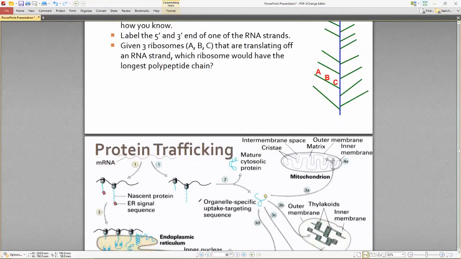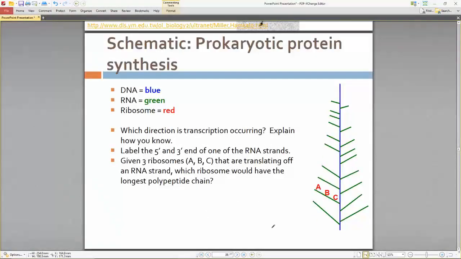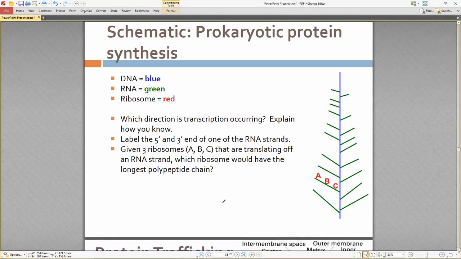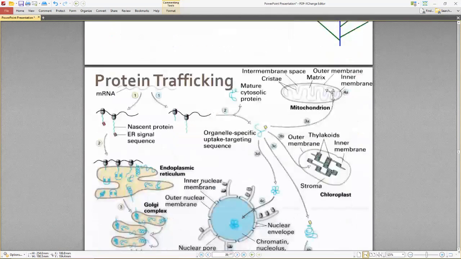Yeah. Cool. So basically, that's kind of it for translation. We've covered initiation, elongation, and termination. But after termination, we still only have a polypeptide chain. So we're not at proteins just yet. We're pretty close though,